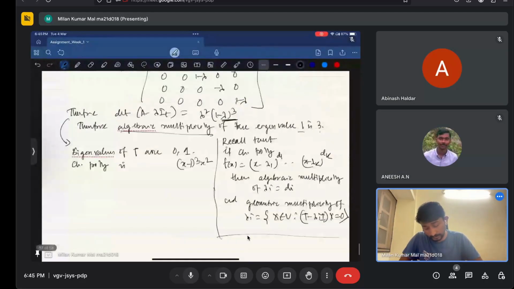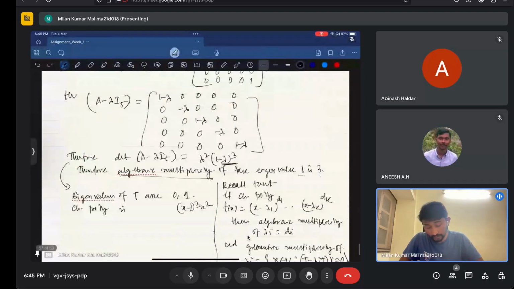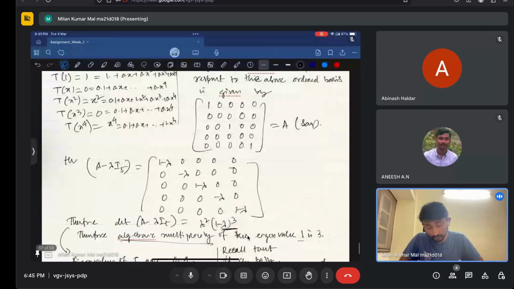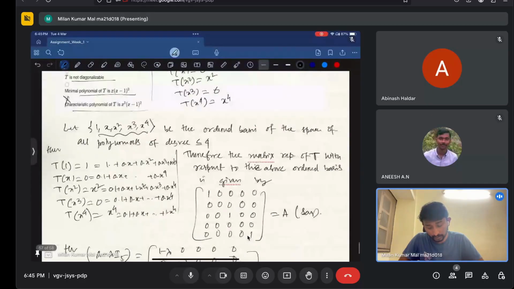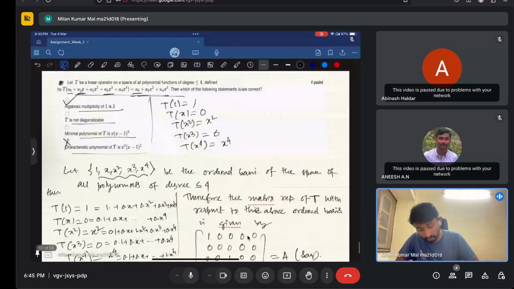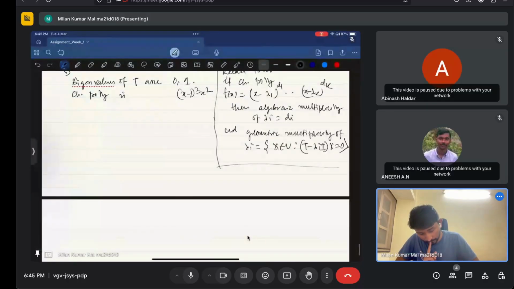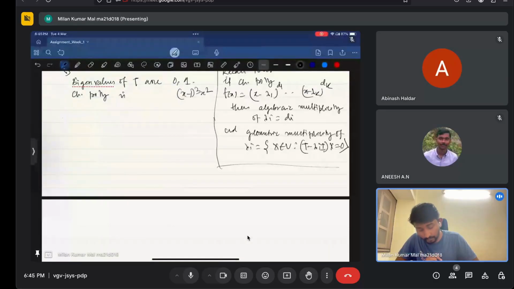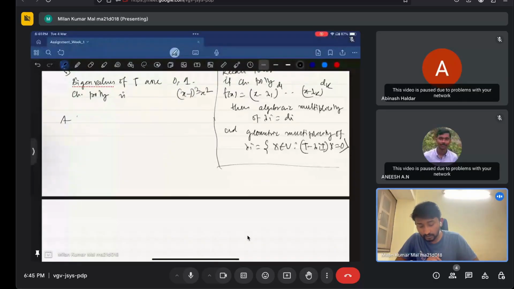Let's first check whether the minimal polynomial of T is x into (x minus 1) square or not. So consider the eigenspace, A minus identity applied to x is equal to